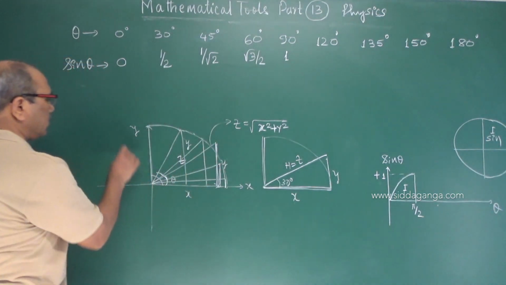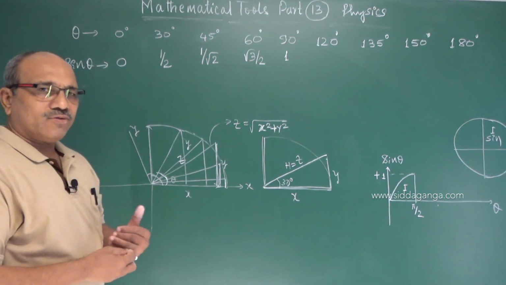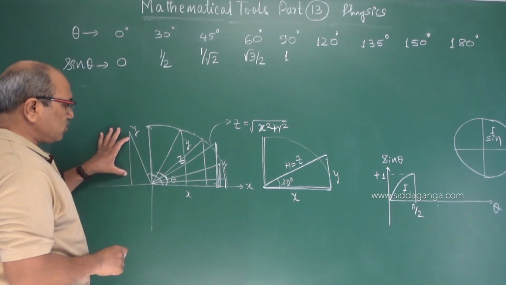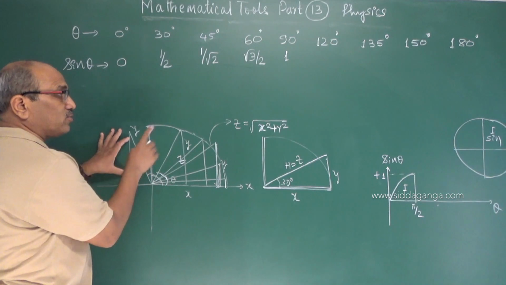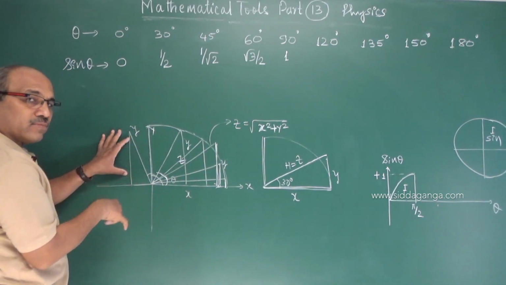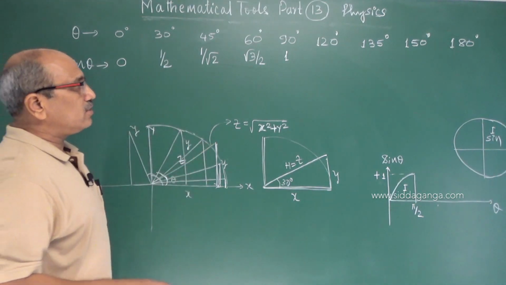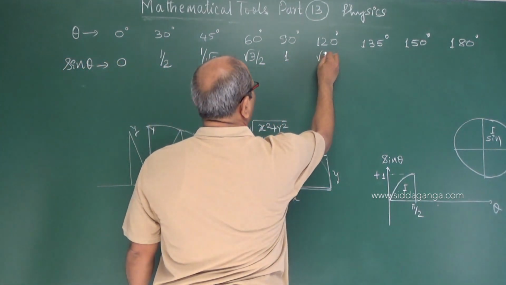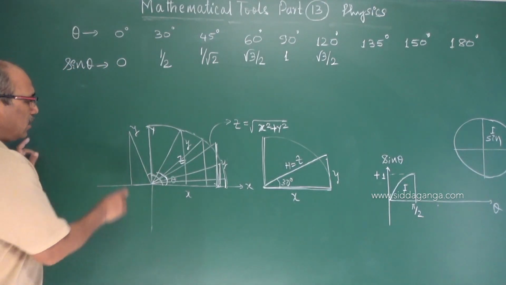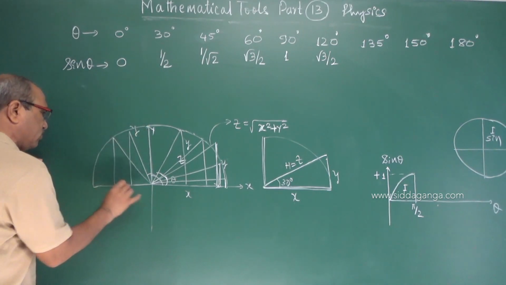Still you increase, let us come to the other side, 90 plus. You are seeing the value is decreasing, but it is still y. Y is positive, x is not a worry, y by z is positive, therefore sine remains positive. See here, y is positive on the y axis, z is always positive, but it goes on decreasing. At 90 plus 30, if you come here, you will get root 3 by 2, because it is a very high value. Again you come to 60 degrees and it goes on decreasing.